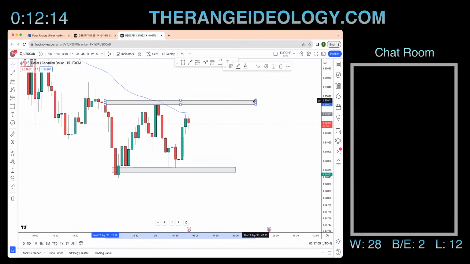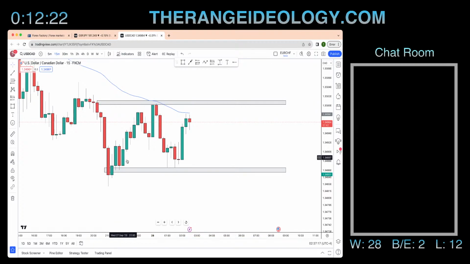Okay, so we do have, again, two touches on both ends, right? So even if USD CAD drops from here, instead of coming up here, even if it drops down here, we've seen that the two touches already occurred on both ends. So what we're going to do is we got the 1 to 1, we got the 2 to 2, and